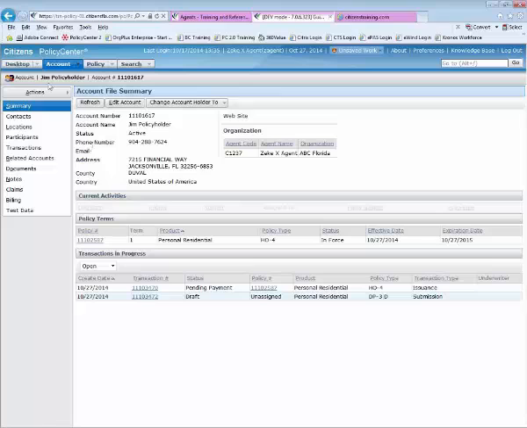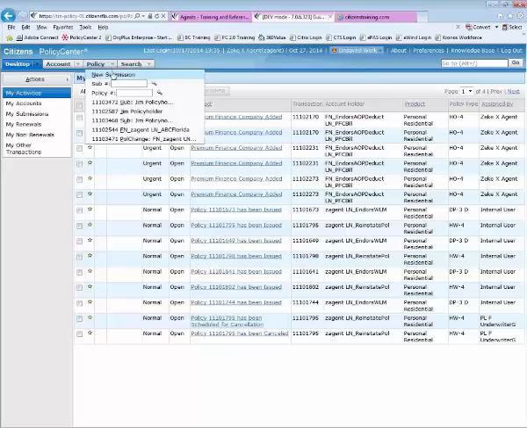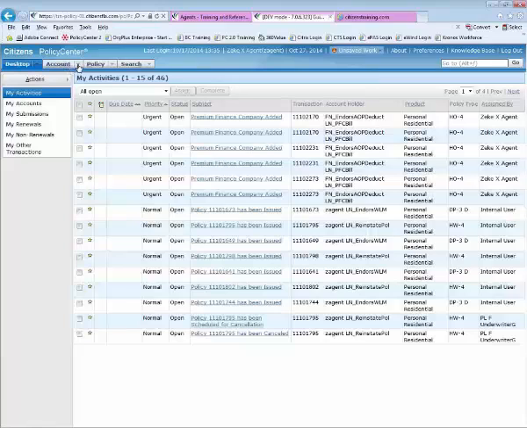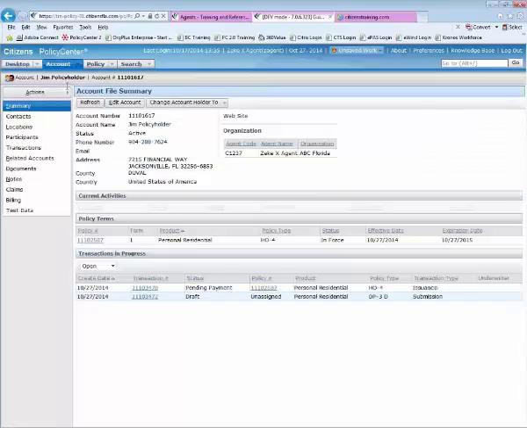And if I were to go, let's just say, back to my desktop and then click into a policy, this policy change that we started, and look at it and go back to my desktop again, I can actually click into the account that I was just in. If I click this account number here, that's the account I was just at, and go back to the transaction that's in progress, it brings me back right where I left off, allowing me to go back in and complete